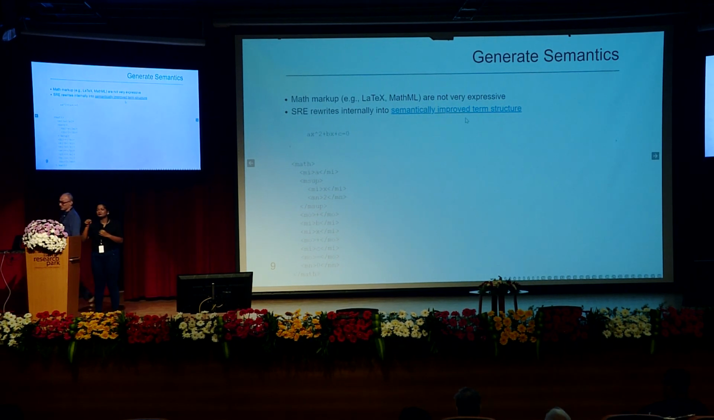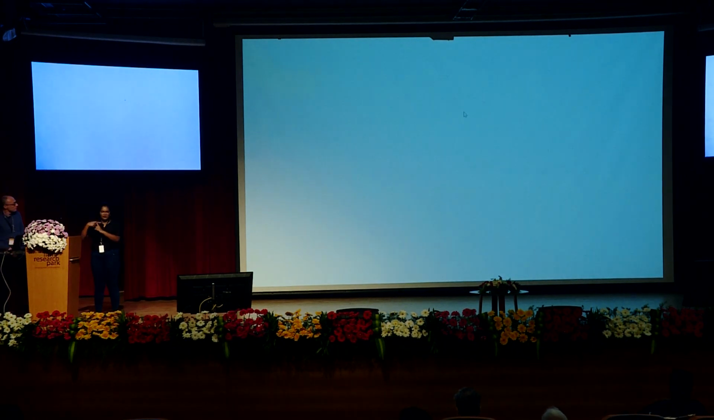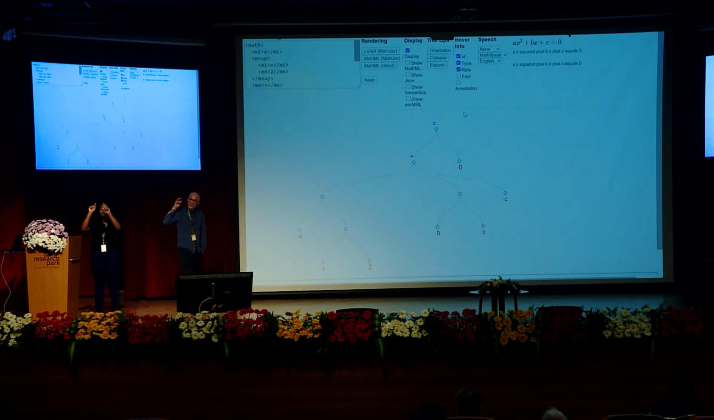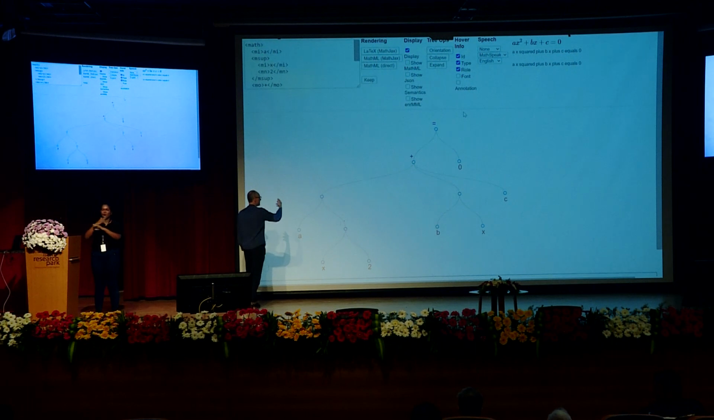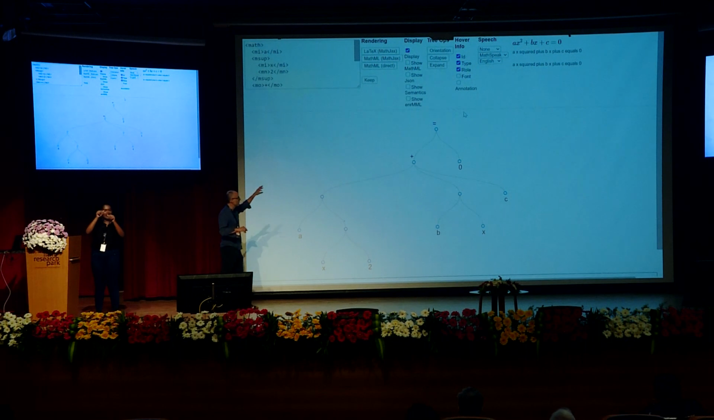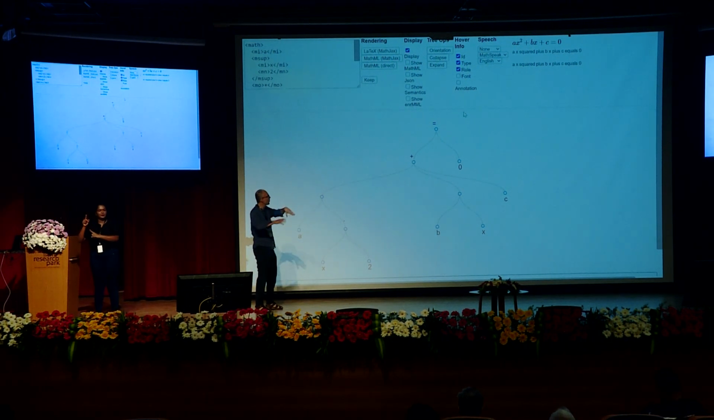And what the speech rule engine does is it parses this input, and here's a visualization of what it does internally in terms of rewriting that formula. So it takes it, disassembles it and reconstructs it from the ground up, giving it a mathematical interpretation. And what you see here is a tree which puts this ax squared plus bx plus c equals 0 into